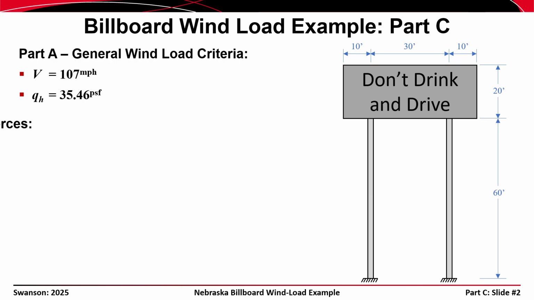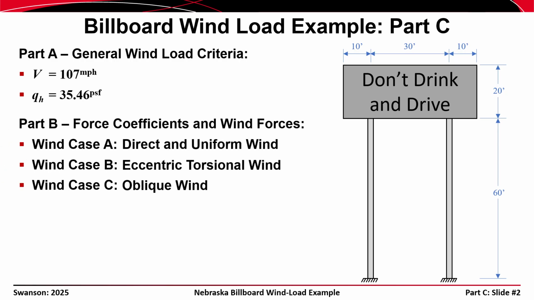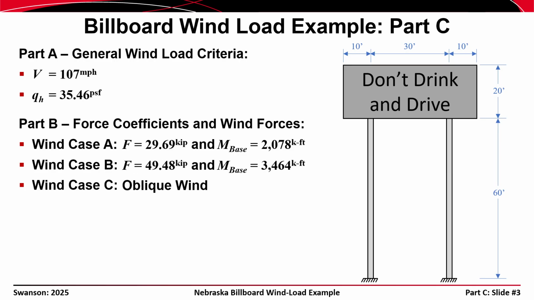In Part B of the example, we determined the force coefficients and wind forces associated with the three wind cases that are required to be considered for the billboard. For wind case A, the case of a direct and uniform wind acting on the sign, we found that the critical post carried 29.69 kips and that the bending moment at the base of the post was 2,078 kip feet. For wind case B, the case of an eccentric torsional wind acting on the sign, we found that the critical post carried 49.48 kips and that the bending moment at the base of the post was